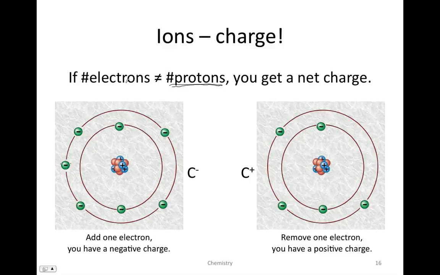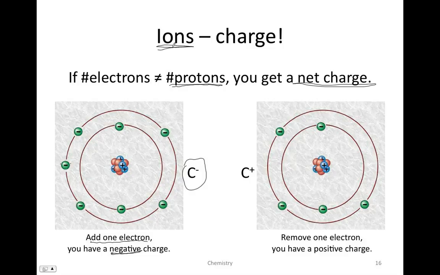If we have the same number of electrons that we have protons, then we have no net charge because all of our positives have a negative offsetting them. But if the number of electrons doesn't equal the number of protons, then we get a net charge. For instance, here we have a carbon atom that of course has 6 protons. It has to have 6 protons because it's carbon. But instead of having 6 electrons, this one has 1, 2, 3, 4, 5, 6, 7. So that means that it has an added extra electron. That means it has a negative charge. So this is a C-